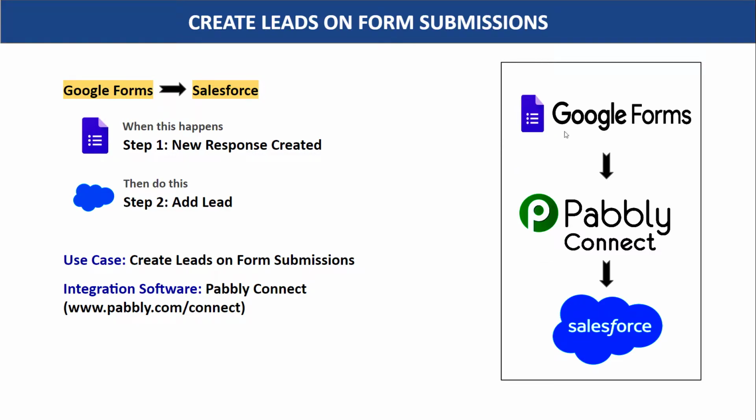The first choice is to copy all the details of John from Google Forms, sort it out and manually create a lead in Salesforce. Now this approach is very repetitive and tiresome. So I would suggest that you bring in some automation so that whenever a new response is created in Google Forms, it will automatically add a lead in Salesforce.